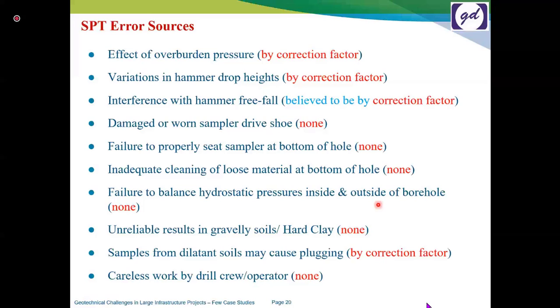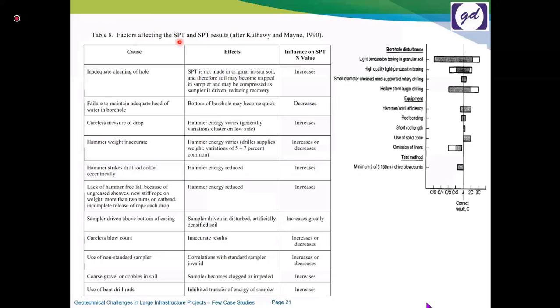There are some particular factors affecting SPT results that have been summarized by Kulhawy and Mayne. You can refer to this. Most of the time you have either an increase or decrease in the SPT values. However, these factors usually are not reported, nor acknowledged, in soil investigation reports, specifically in India. For other countries, they usually prepare the factual data, and that factual data is then utilized by the geotechnical consultant who takes care of all these correction factors and then takes a suitable decision based on the SPT blow counts.